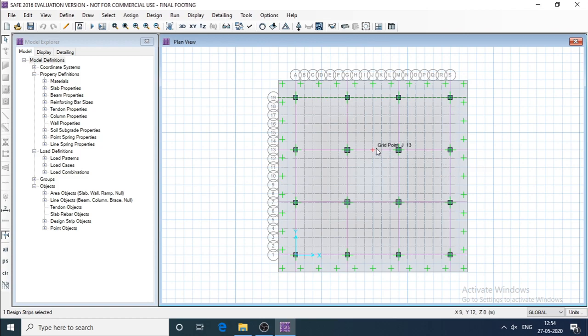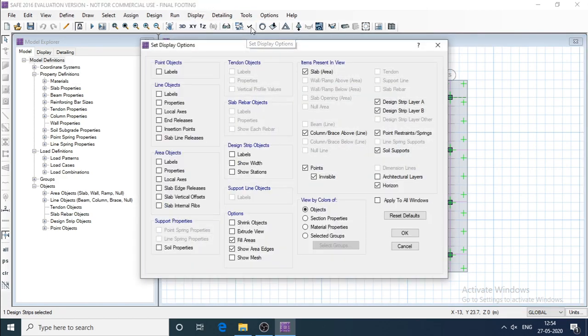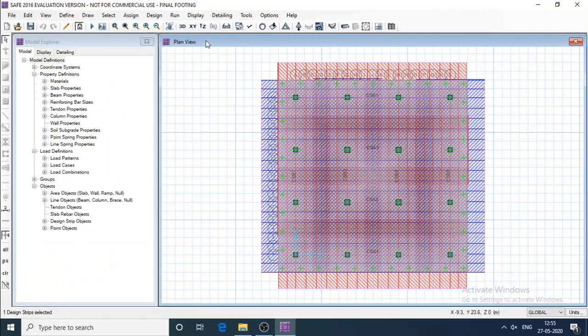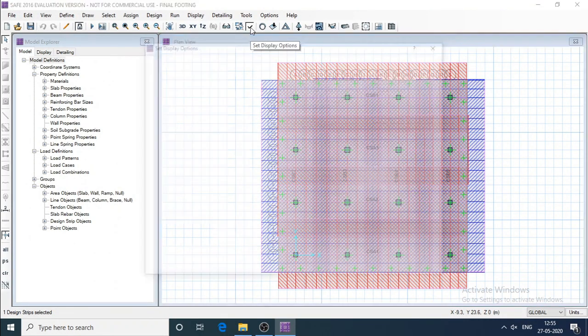After designing the strips, we can see the strip lines drawn from the display option menu. In this way the strip lines were designed.